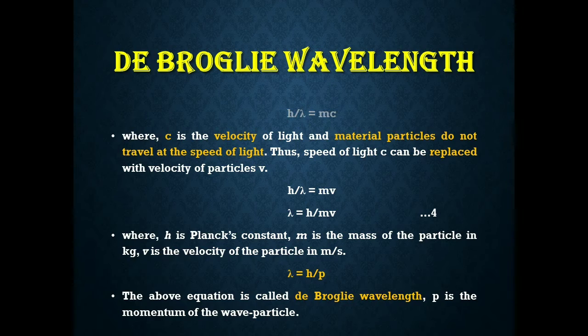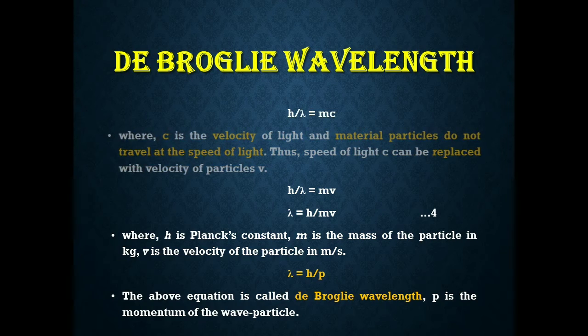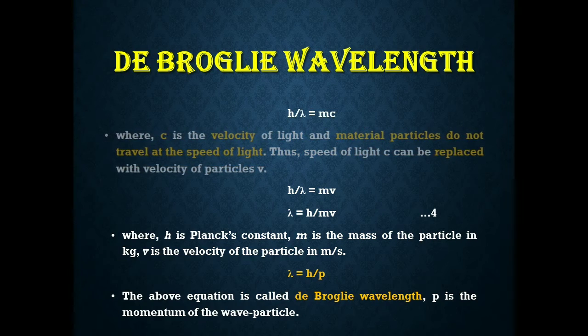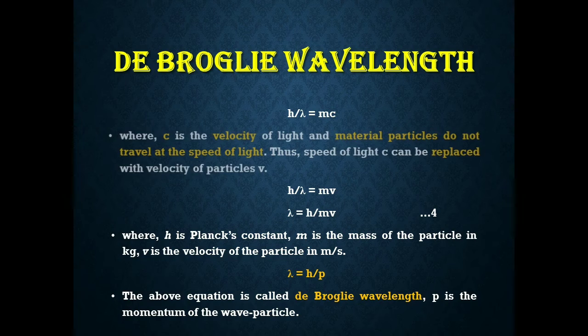So we have to replace the symbol c with v. So the expression is replaced with h upon lambda equals m v. Rearrange it, it comes out to be lambda equals h upon m v, where m into v is the momentum. The expression becomes lambda equals h upon p,